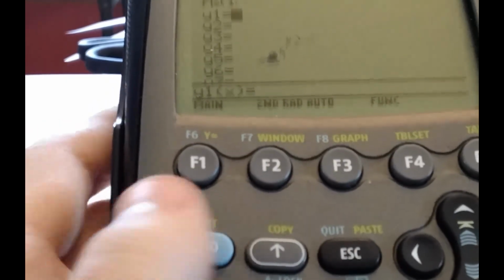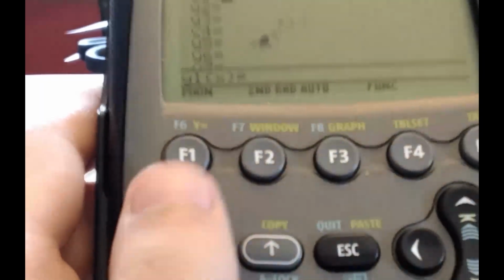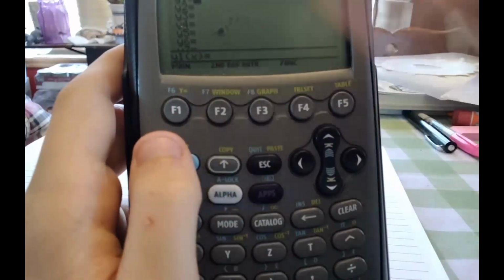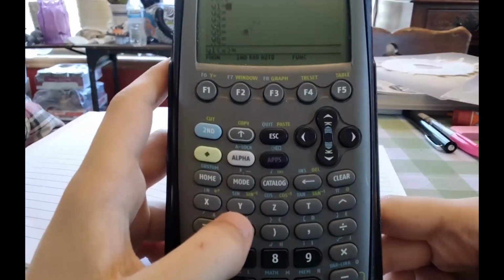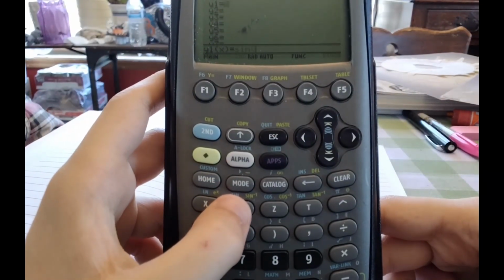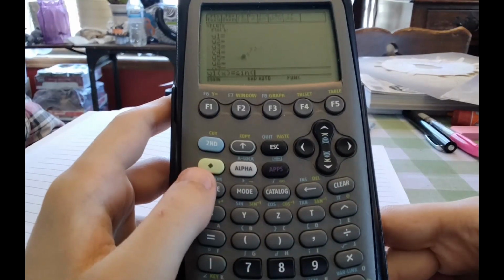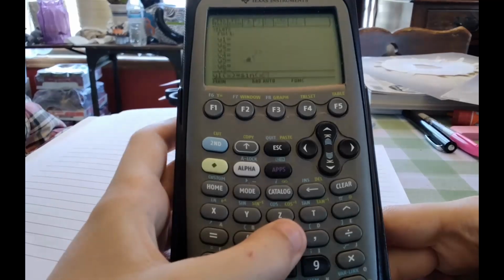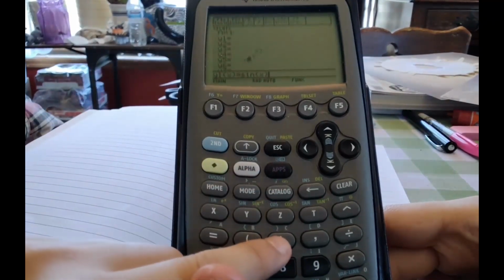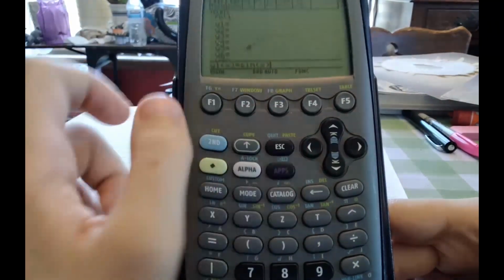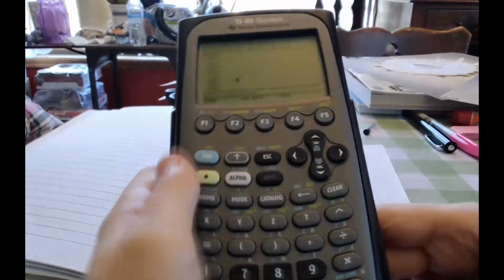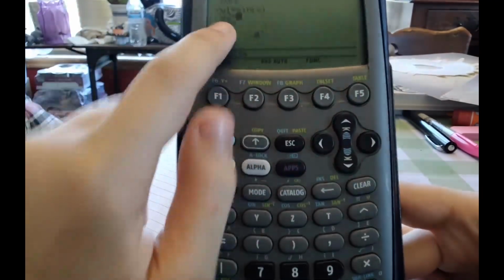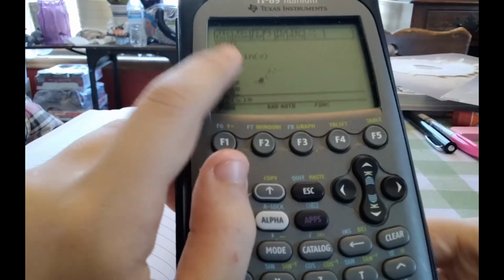You're going to toggle the second, and if that's appearing, then you can just hit Y, that gives you sine, that turns off second, then you hit X, and then you hit the close parentheses key, so X, then close parentheses, then you hit enter, and then that check mark means it's been stored, which